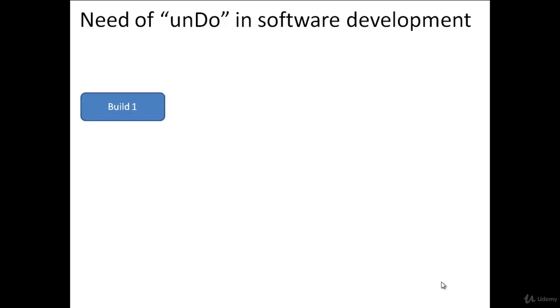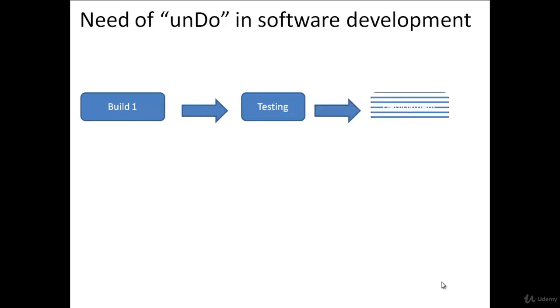So let's say as a developer, I have generated a build, right? I have implemented a functionality and generated a build, and I have tested that build, and it is actually working fine. So I have sent it to the deployment server, and I have deployed it over there, right? Now let's say in an agile environment or in any life cycle, if there are any changes in the requirement,